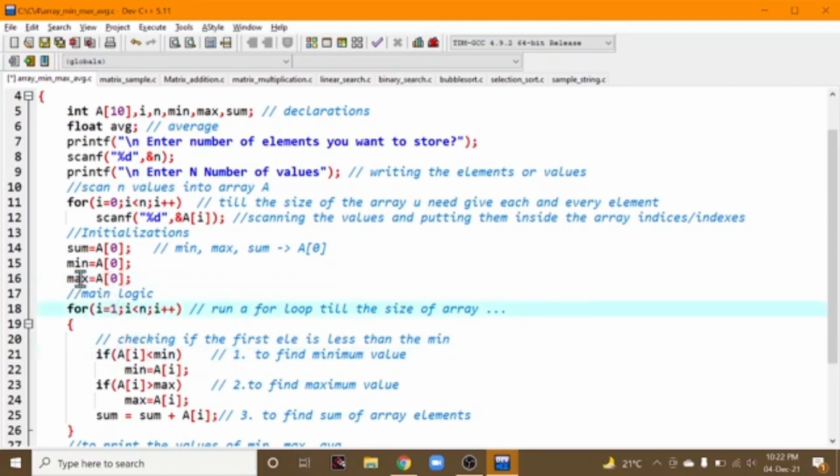Remember this is very important, you have initialized the first location, that is the 0th index location, as sum, min, and max, right? So your for loop must start with the second number, nothing but start from the second index. Okay, that is 1, right? The second element is nothing but index 1. Okay, so if the first indexed element